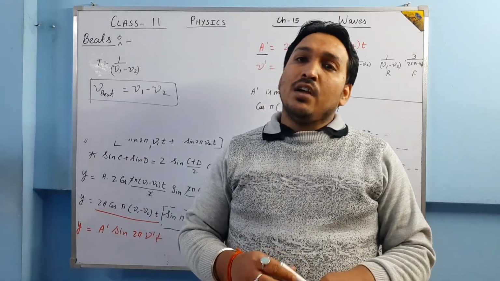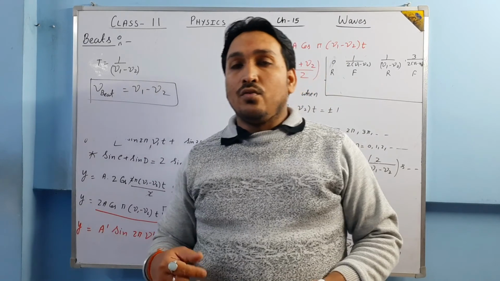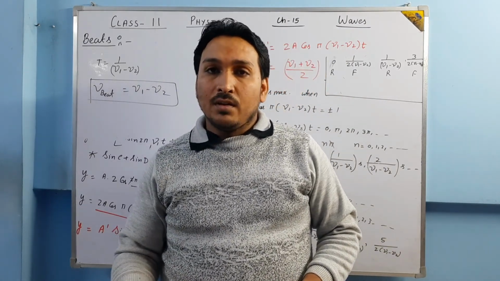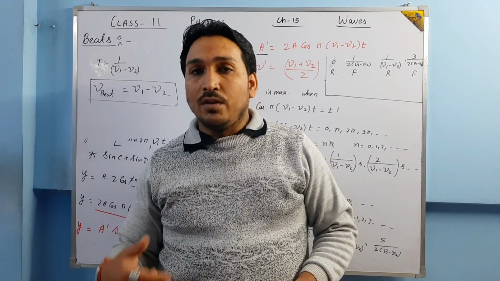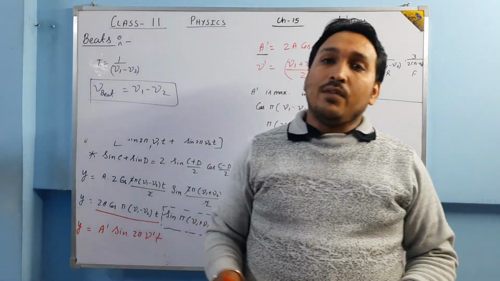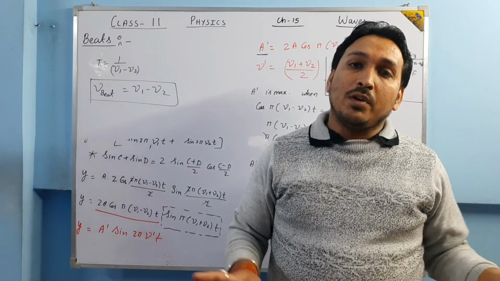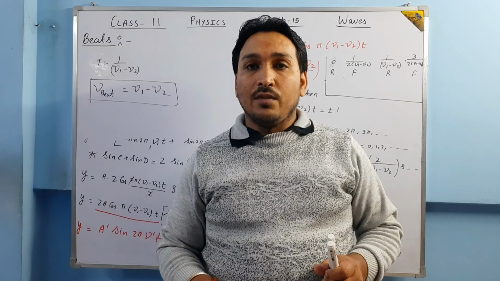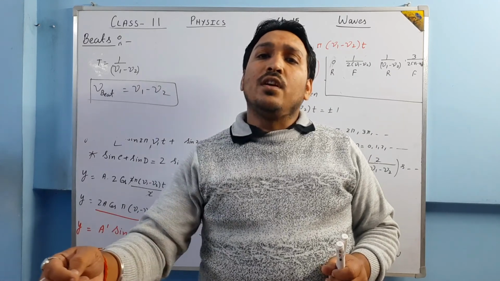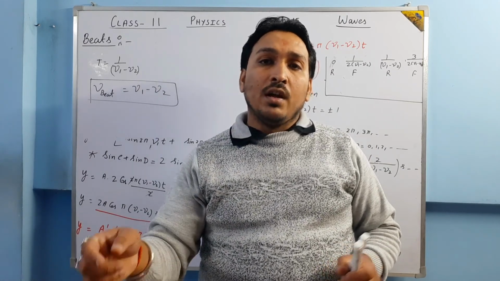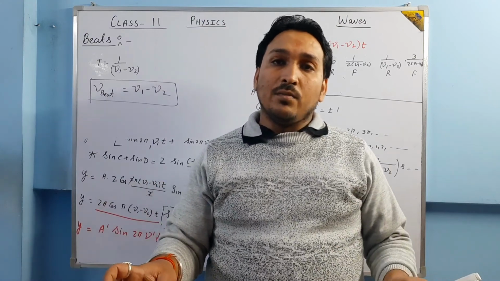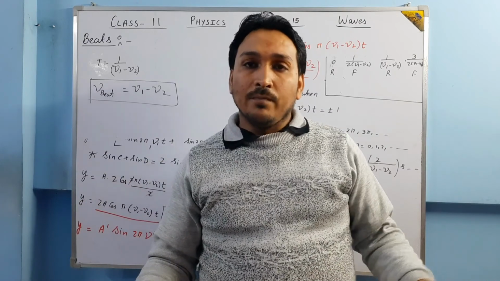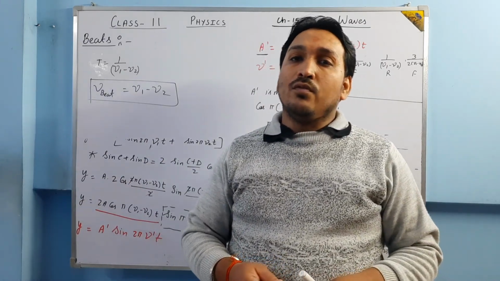The other use is to find the frequency of an unknown wave. Suppose one standard sound wave is there whose frequency is known. We play both sounds together. If beats are heard, it simply means the frequency is different. We change this frequency until the beats are not heard. When the two frequencies match, the beat frequency becomes 0. So the known frequency is the value of the unknown frequency.